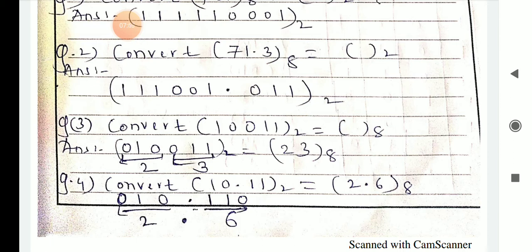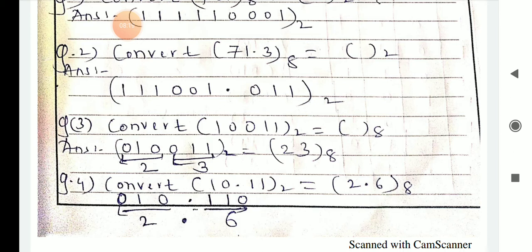Next, you have only 2 digits remaining after that 011, only 10. So what are you going to do? Whatever that 10 is, you have to add a 0 because I want to make it 3 digits, or a 3-bit group. Whenever you add that 0, there is no difference in value. So I will add that 0.